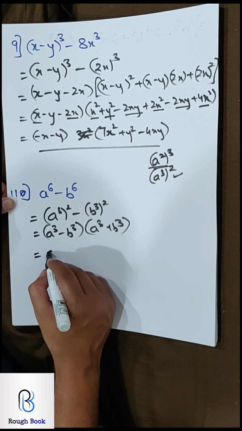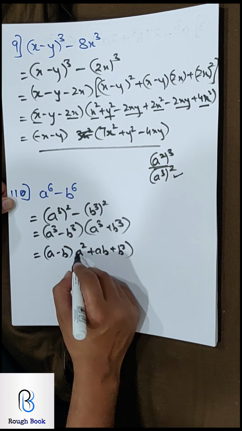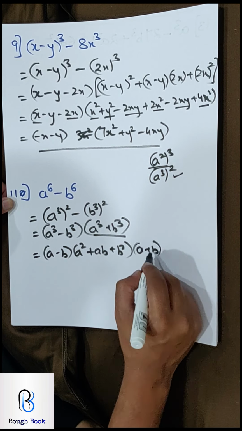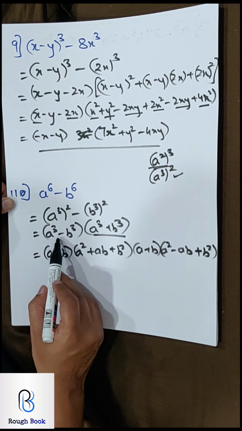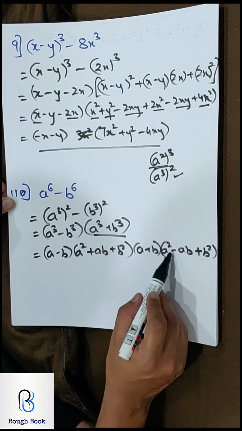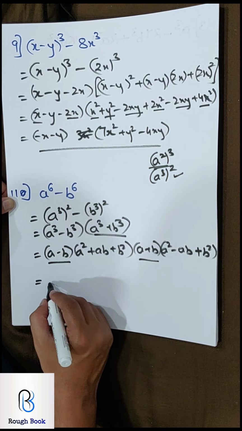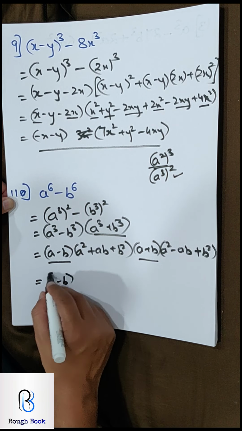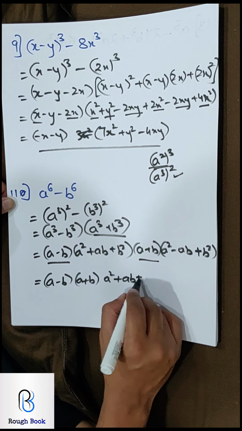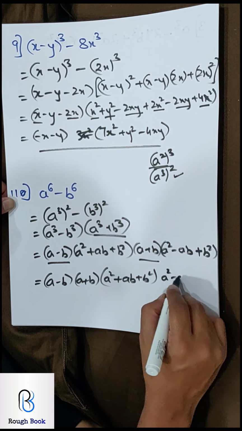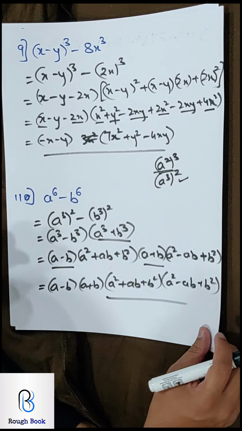So now I am applying the formula for minus. a minus b, a square plus ab plus b square. And then for plus, a plus b, a square minus ab plus b square. When it is minus, it is minus plus plus. When it is plus, it is plus minus plus, alternate. At the max what we can do is a minus b, a plus b, we can write as a square minus b square. But I would suggest keep it like that only, but bring them together, and write the latter part together. Yeah, so I'm sure most of you should manage this question. Good question from exam point of view.